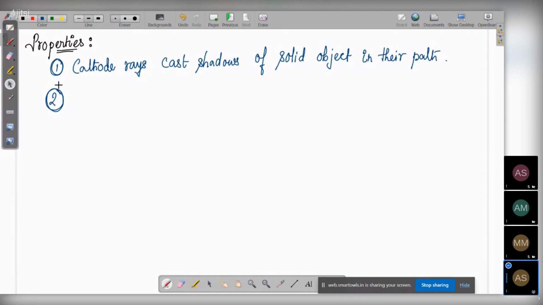If you place a wheel in front of a torchlight, the wheel does not move because the torchlight is wave in nature. But over here, we're seeing that the wheel is actually rotating. Why is it so? That means the cathode rays must be made up of small particles, and the particles are hitting the blades of the wheels, which is causing their rotation. So that's why cathode rays are a beam of minute particles.